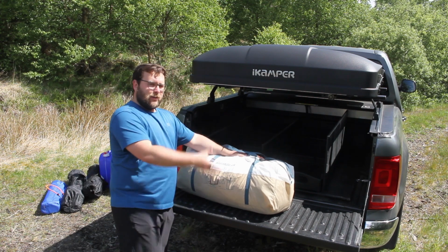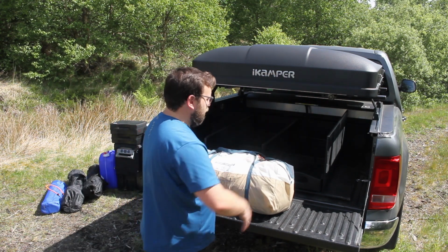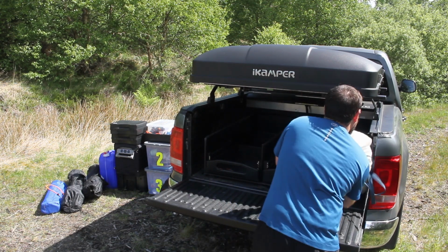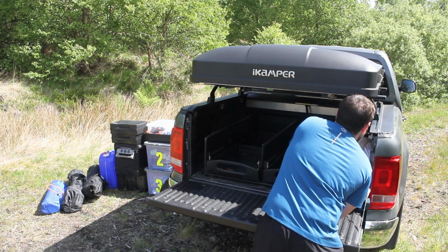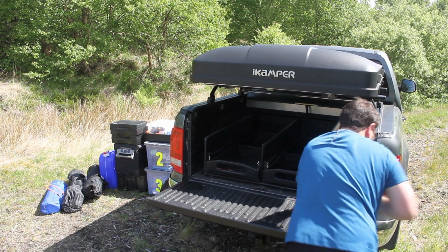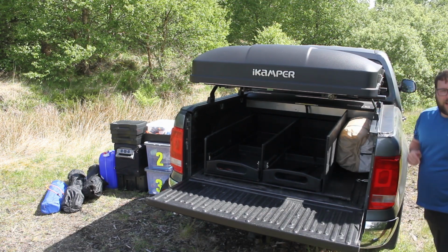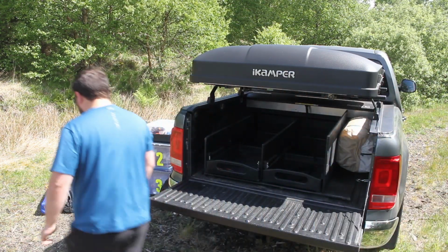But for now, as you can see, it's quite big. So this goes in first, down the far lane on the driver's side. So that just squeezes in. We squeeze that in the back. Then what I put in next is